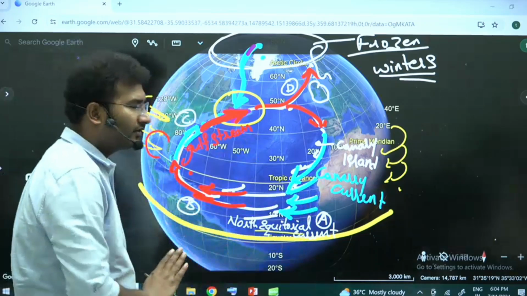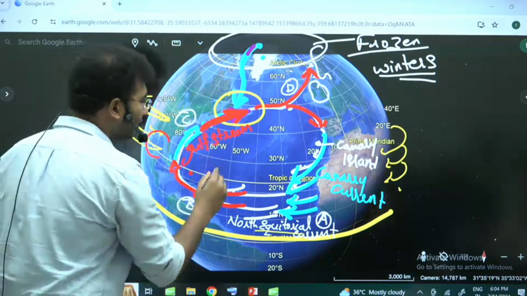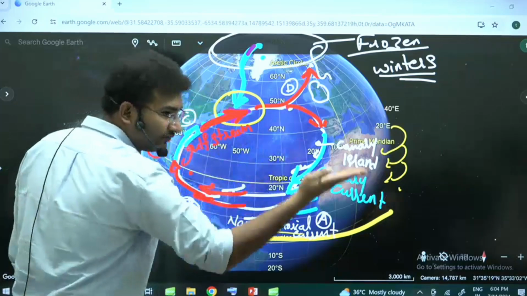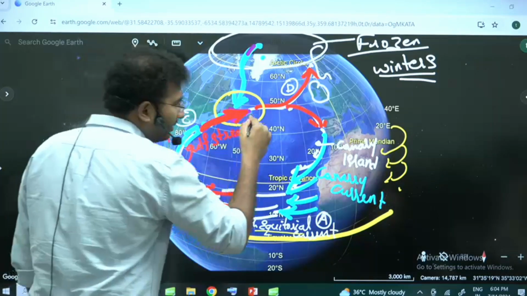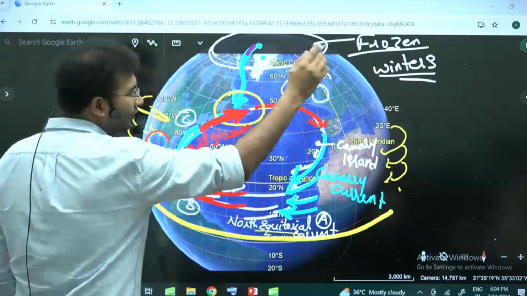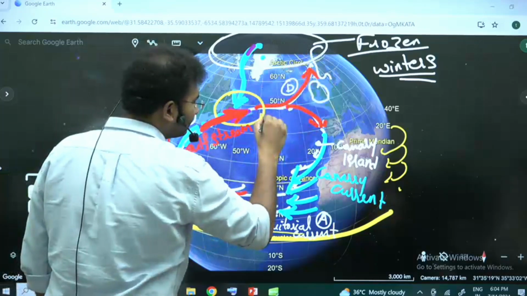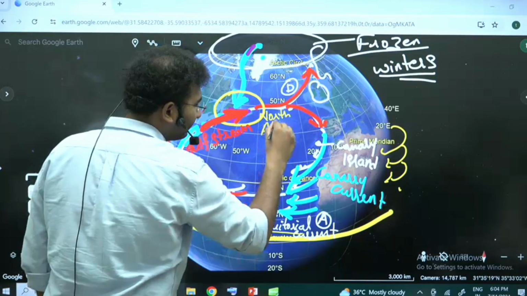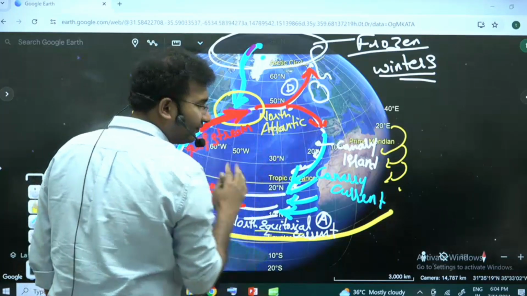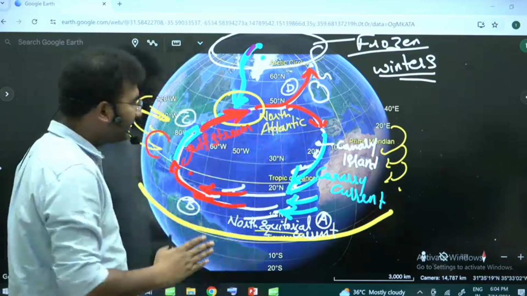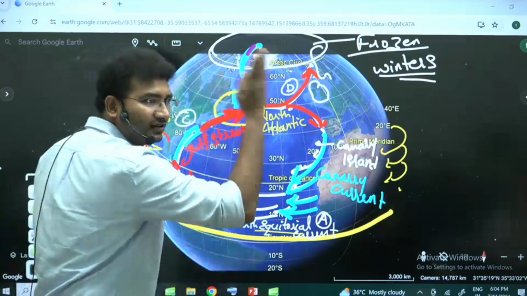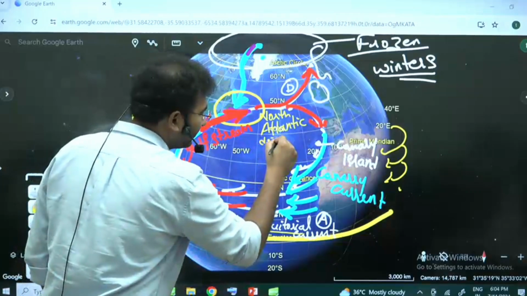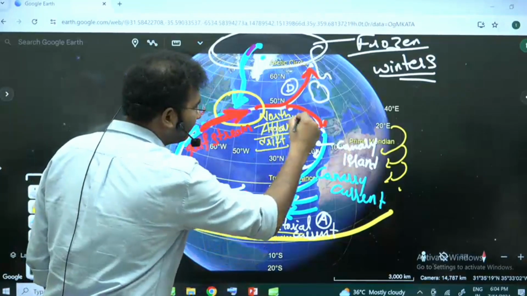And this Gulf Stream, as and when it starts to move towards the north, what is the direction of the Coriolis force in the northern hemisphere? Right? So it is deflected towards the right, and as it is moving away, it is comparatively warmer. Now this current is called as... in the northern part of the Atlantic, there is a drift that is taking place. Drifting is, the water is moving in this direction, and then the drift that took place, this drift is called the North Atlantic Drift current.